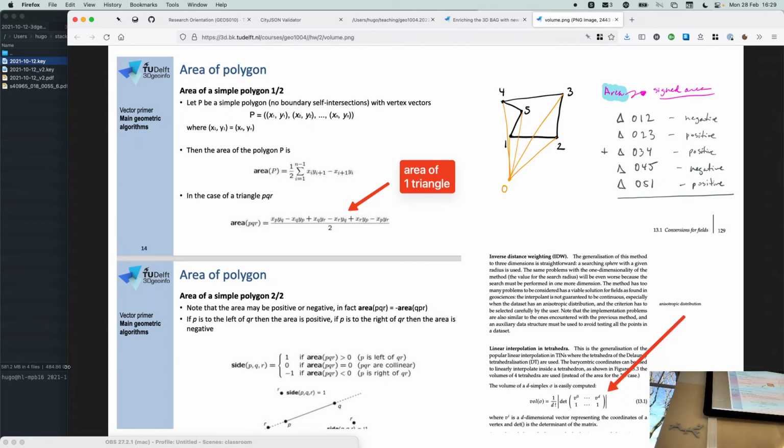So I'm redrawing there because it's simple, but let's say you have a polygon like this, where you have vertices 1, 2, 3, 4, 5. The idea is that you can decompose that. We know how to calculate the area of a triangle, that's simple.